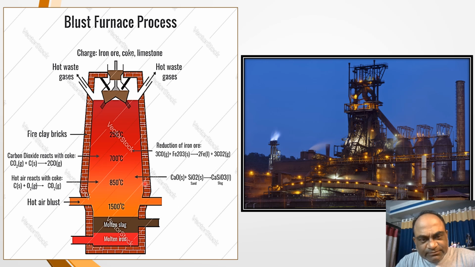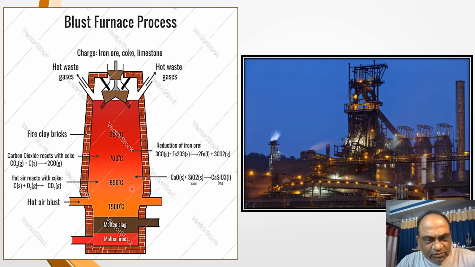Also, at the same time, calcium oxide, that is limestone, reacts with SiO2, that is silicon oxide, and these two mix up to form calcium silicate, and that is nothing but the slag formed in the case of this steel production. So, slag is lighter than the hot metal. That basically the hot metal contains the iron,